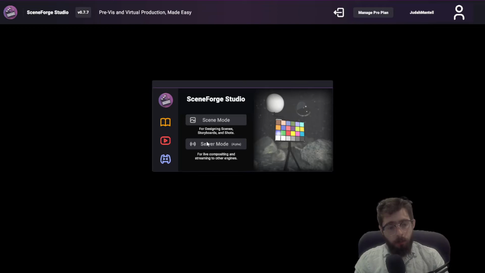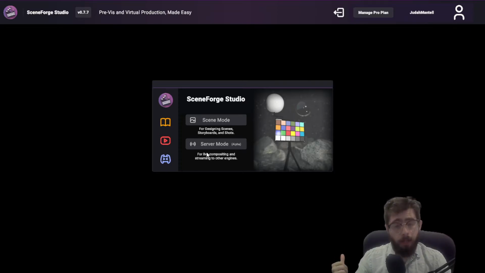And now we can choose server mode. Now currently this is only available for pro users, but it is available in this release, which is pretty exciting. I highly suggest checking back at the previous video where I go over what the server mode actually is and does. But if you don't know, it's essentially a really great way, a very lightweight mode of the editor that